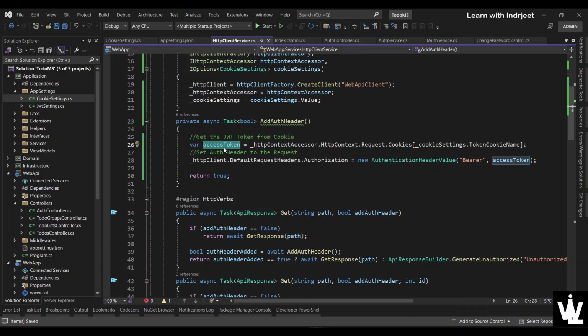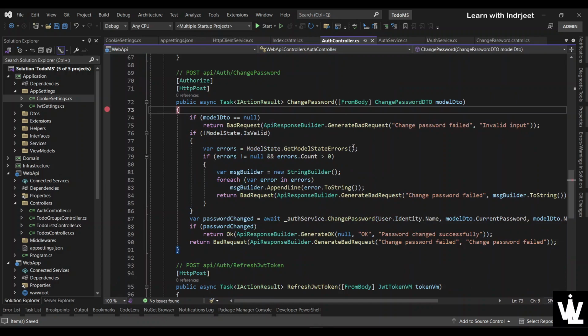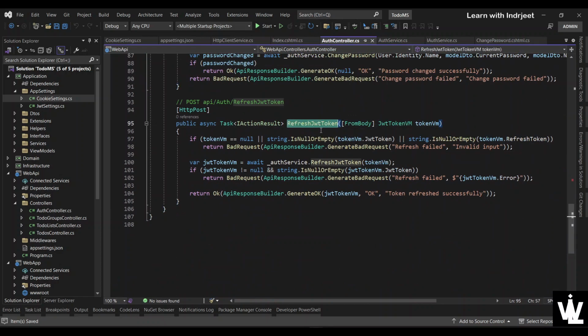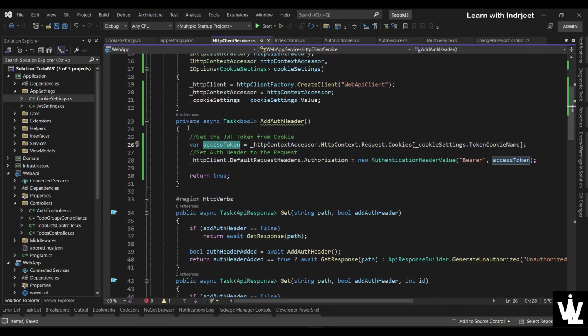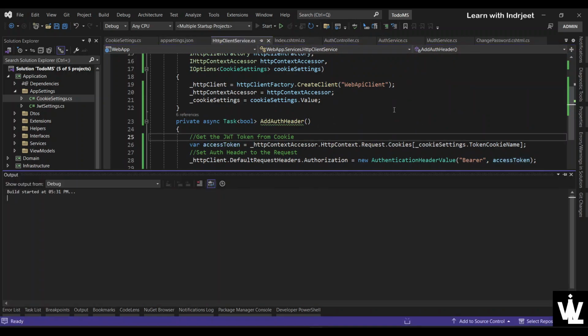So we'll implement a functionality over here to implement all those checks. We'll have the refresh token. If the access token is expired, we'll get the refreshed token from the API endpoint that we created here, refresh JWT token. So we'll be doing that, but just to check this functionality, let me start the application